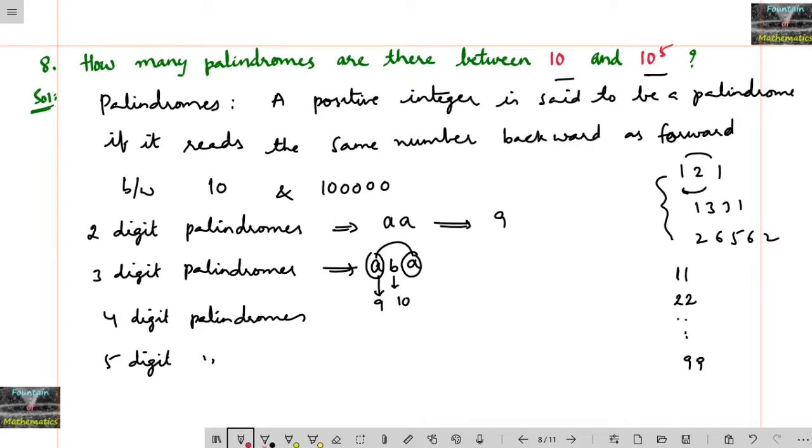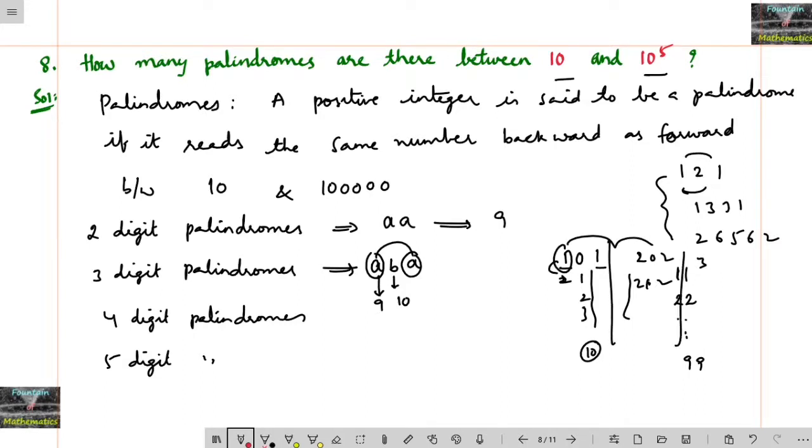So how many possibilities will be here? 10 possibilities are there. Suppose I take 1, I am just doing it with the multiplication principle easily, but practically how does it come? If I take 1 and 1 in the beginning and last, the remaining numbers can be 0, 1, 2, 3. How many possibilities are there here? 10 possibilities. And here how many? 1. If the 1 is completed, then again 2, 0, 2, 2, 2, 3, 2, 1, 2, like with 2 and 3 also we can take. So how many are there here? 9 possibilities, and each containing 10. So 9 into 10 is nothing but 90 ways are possible for 3-digit palindromes.